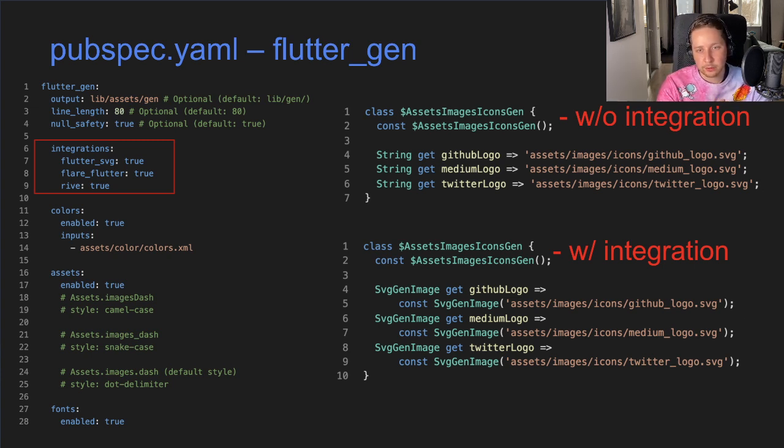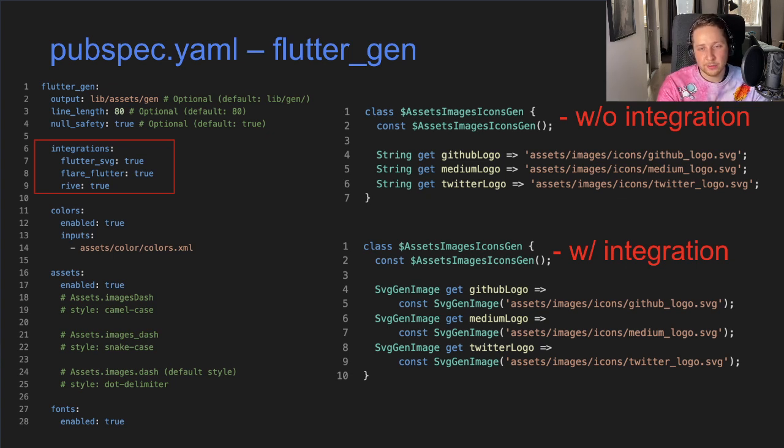of your generated code, whether it's null safe or not. And our recommendation is to make it true. And also you could see that we define other configurations. I mentioned previously that the code generation for assets supports integrations with other packages and tools of Flutter. So for instance, Rive Flutter or Flare Flutter. So under the integrations, you set the specific integration to true, and to see the difference,